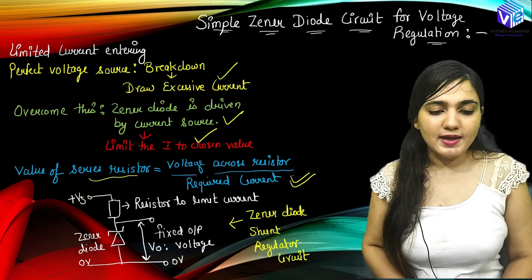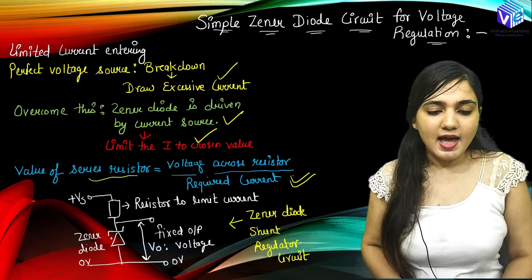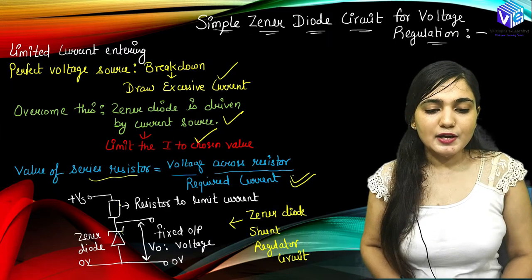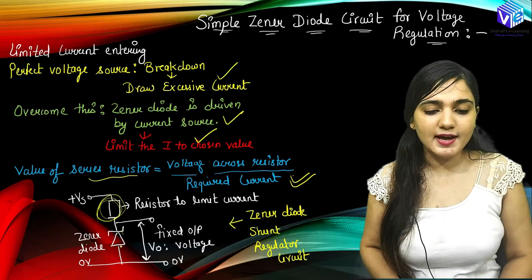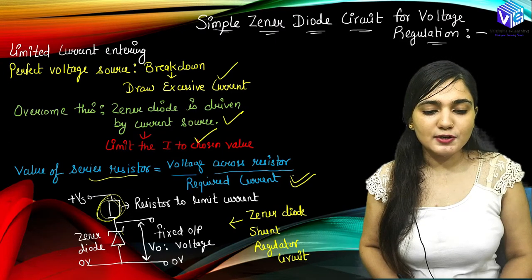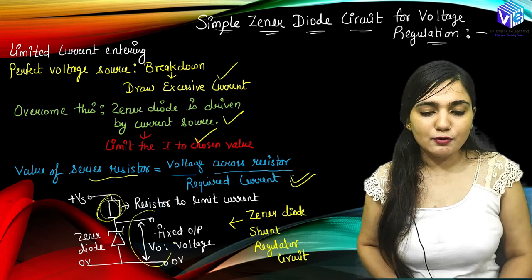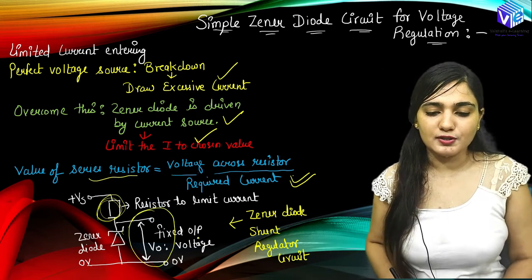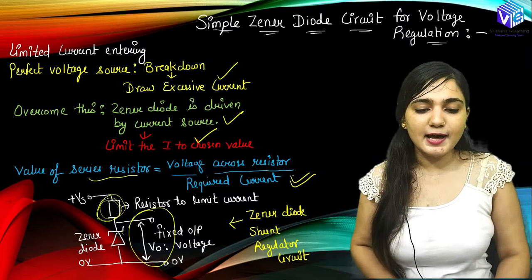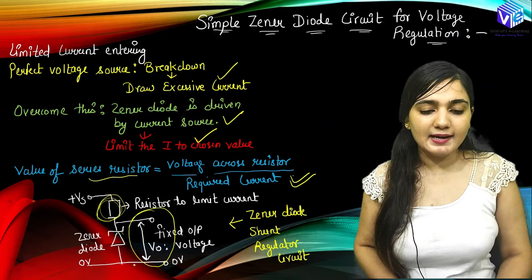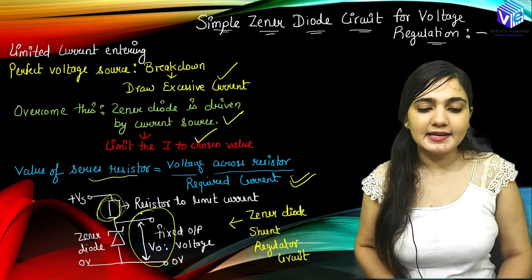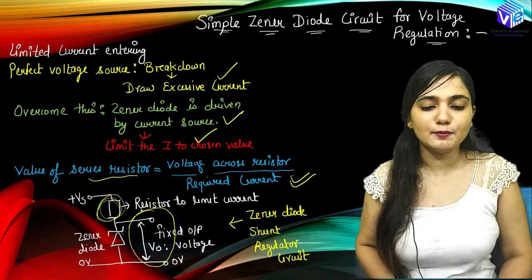So this is how we have the input voltage and we have the Zener diode, right? This is the resistor which is present to limit the current across the Zener diode, right? Now when this voltage is applied on the Zener diode, at the output we are going to get the fixed output voltage. So this is how the Zener diode is acting as a shunt voltage regulator. If in parallel with the Zener diode I connect any device, I will be getting the regulated voltage at this device, right?